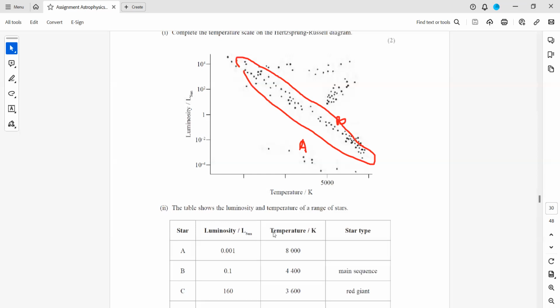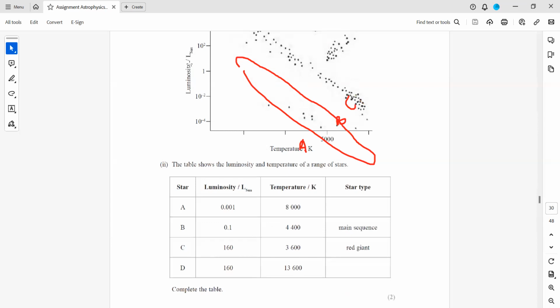For C, the luminosity is 160 and the temperature is 3. So it means the temperature is low, but the luminosity is high. So it is likely to be a red giant, as I already mentioned. And the last one, D, is there,